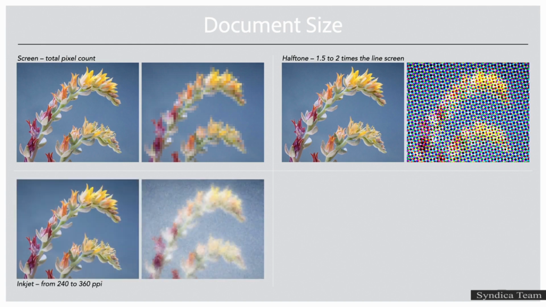Okay, next would be inkjet printing. So inkjet printers also print dots on paper, but if you look at the print under a magnifying glass, you're not going to see any halftone patterns. And this is because an inkjet printer varies the placement of very, very small dots of ink on paper. So an inkjet printer typically needs a resolution between 240 and 360 ppi, depending on the desired quality of the print. I would recommend that you print the same image at 240, 300, and 360 ppi.